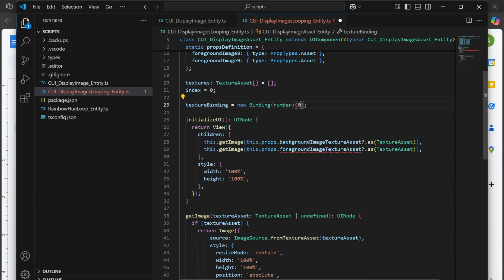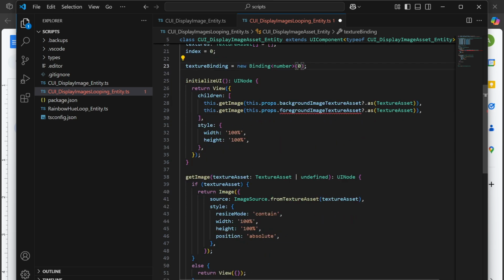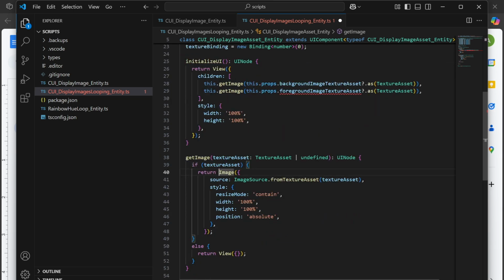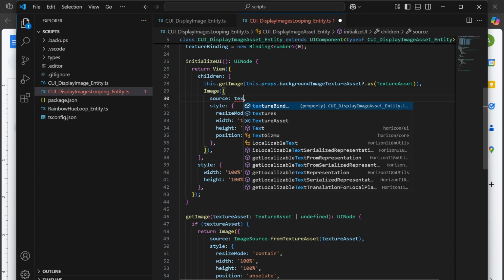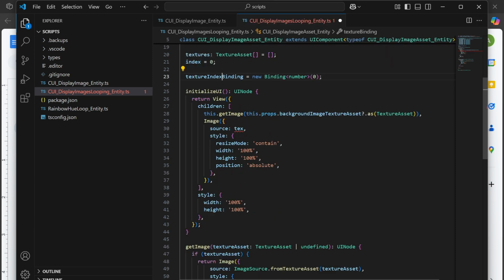Right here, we'll need to make this a little bit more custom. So we'll copy this code, Control C, pasting it right there, Control V, replace that with a comma. And then instead of using an image source from texture asset, which we will need, I'm going to hit Control X. We're then going to instead do texture binding. In fact, I'm going to rename this to texture index binding and say